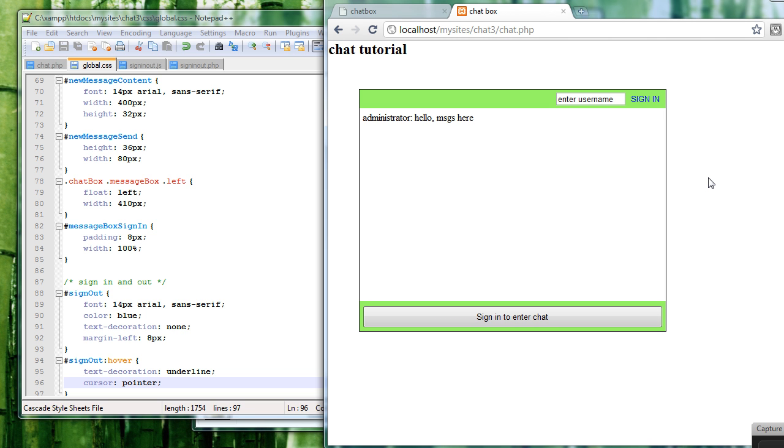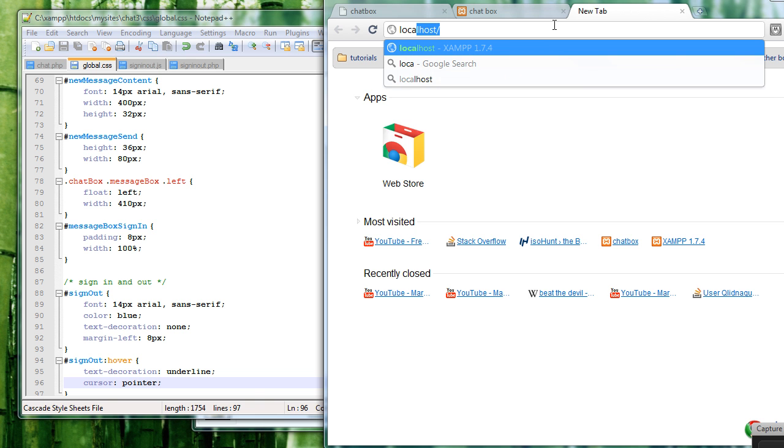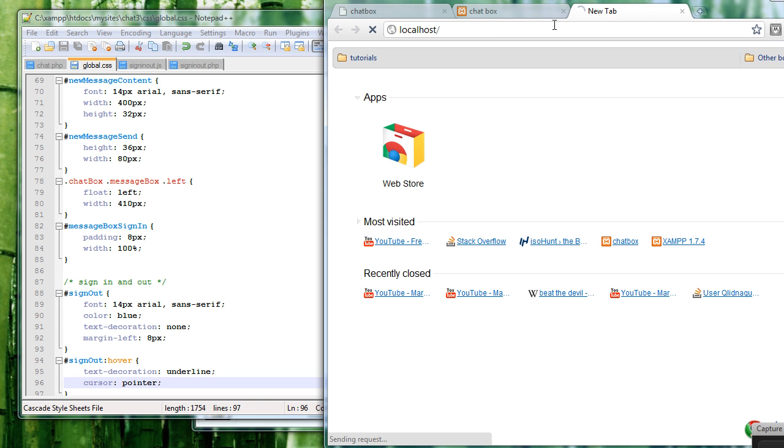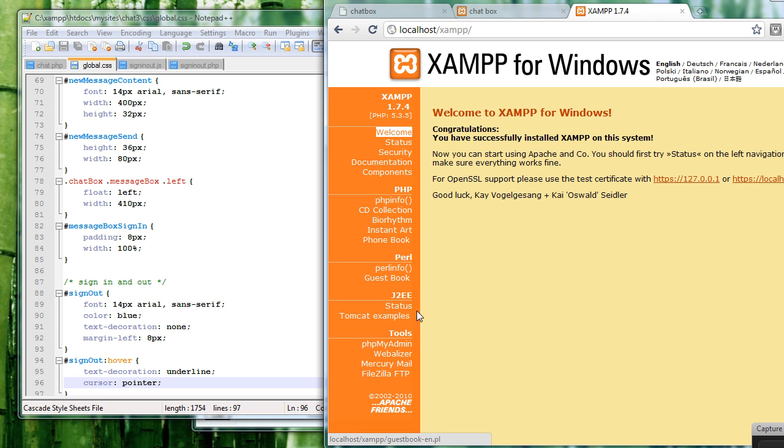Now that we've done the basic front end portion for the username, we want to actually store the username into our database. So the first thing we have to do in order to do that is actually create the database, which we haven't yet. So I'm just going to go to my localhost. I'm personally using XAMPP, but you can use anything that has phpMyAdmin. I'm not actually using XAMPP to do it. I'm using the phpMyAdmin software to do it. So go to where your phpMyAdmin is,